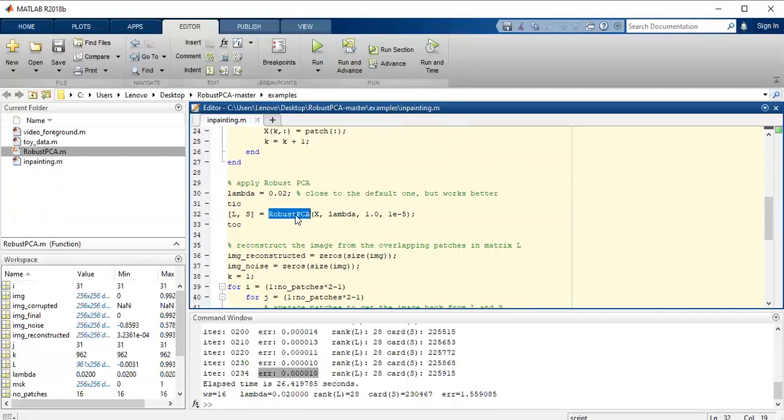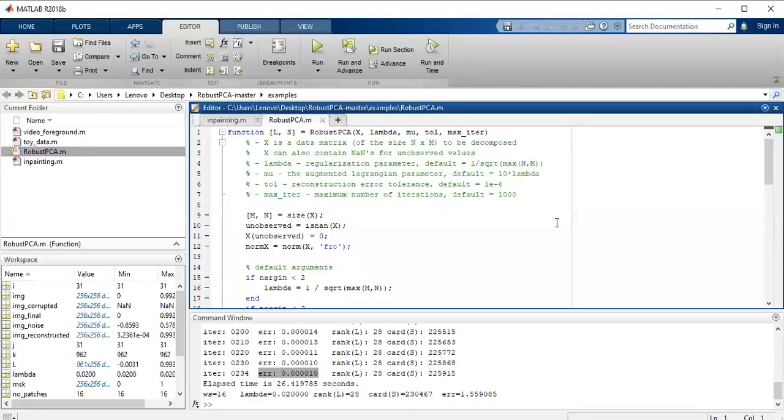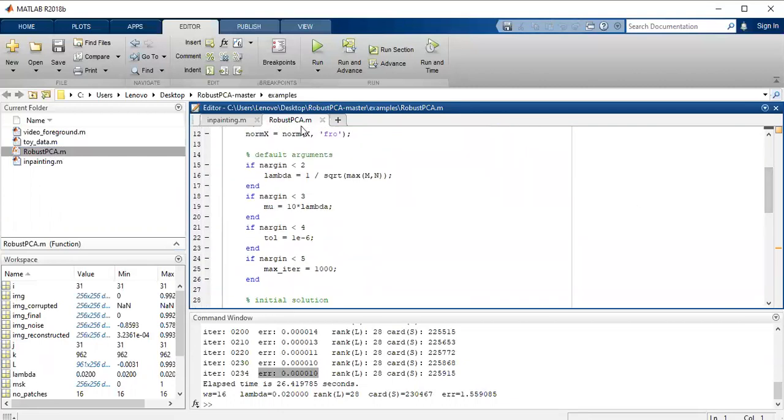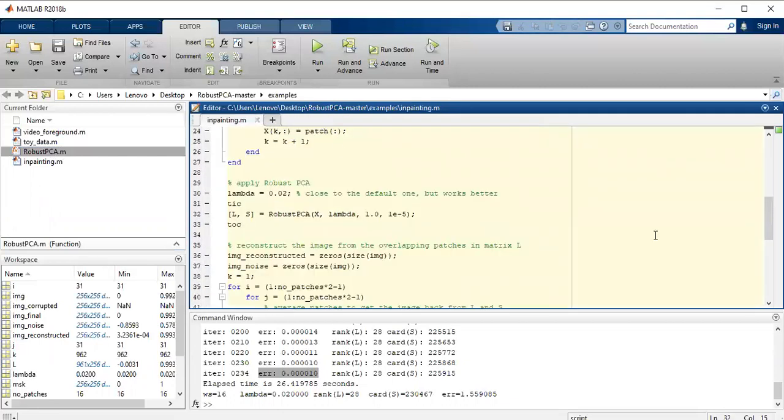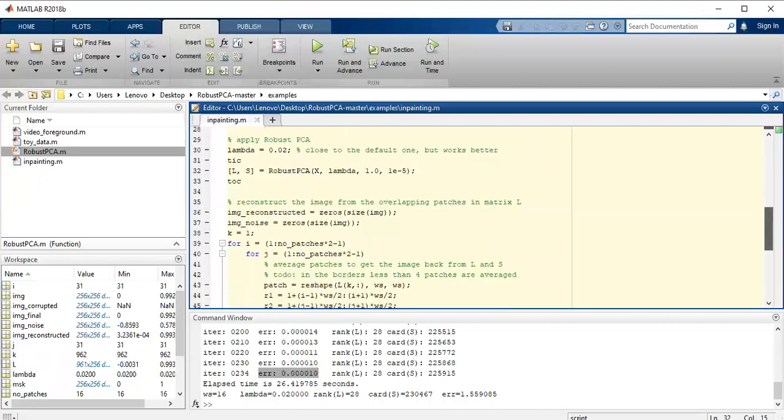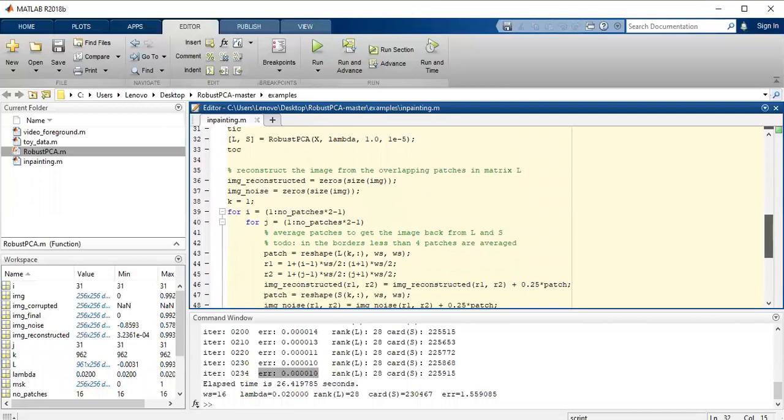This robust PCA is basically the function which is here, which takes X, lambda, mu, tolerance, and maximum iterations as input and provides the output. All the details are here. I hope you are all familiar with MATLAB instructions, operators, commands, and the mathematical tools inside it.